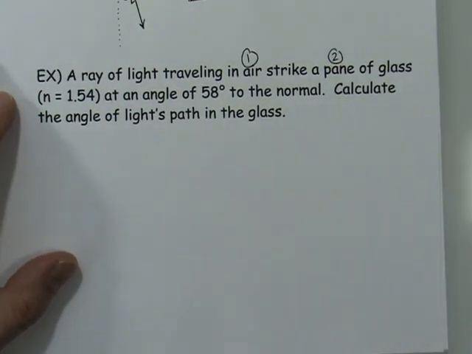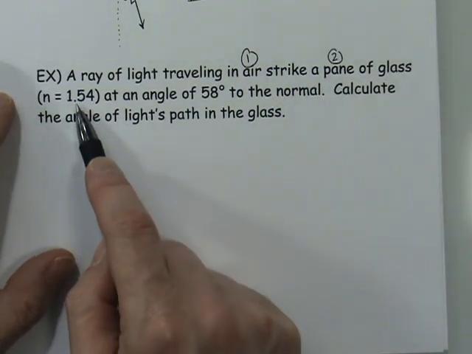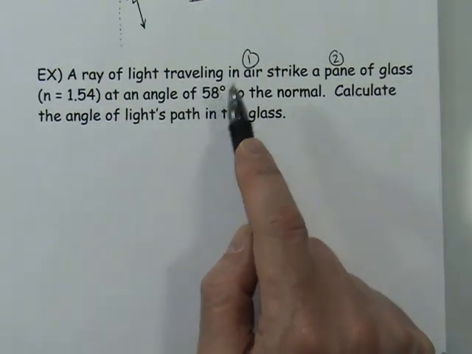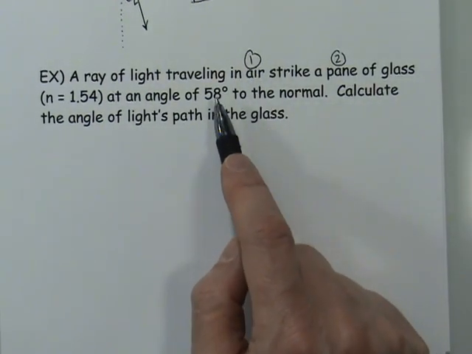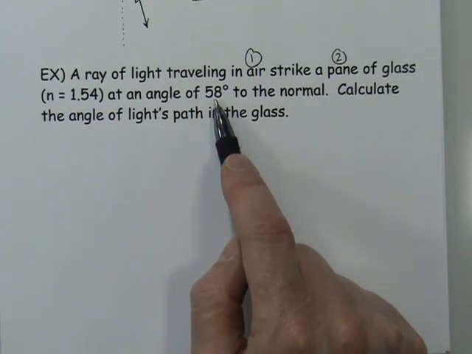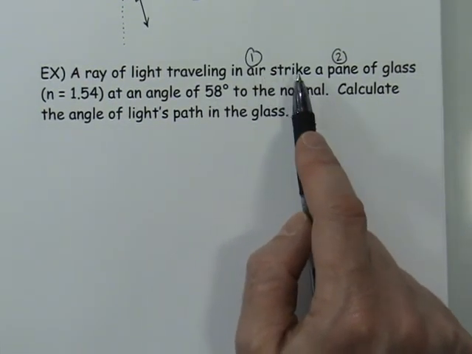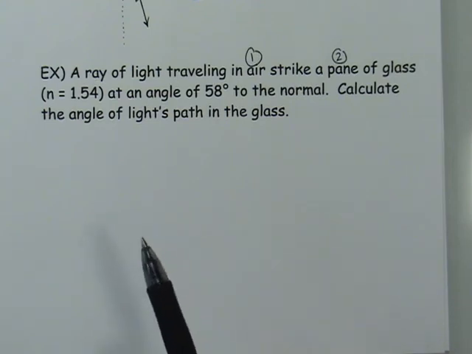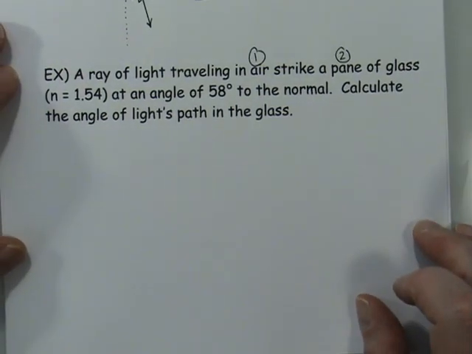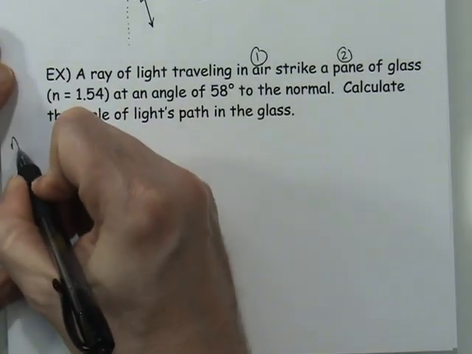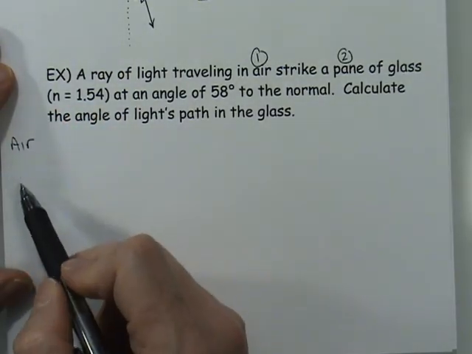Now what I am given is that the pane of glass has an index of refraction of 1.54, and that the angle that it came in when it was in the air was 58 degrees. This is not the angle in the glass, this is the angle in the air. This is the angle that it struck the glass with, but it doesn't tell you anything about what happened once it struck the glass. So what I would recommend, just in order to keep everything really straight and very clear in your mind, when you write out what is given to you, is to make sure you identify